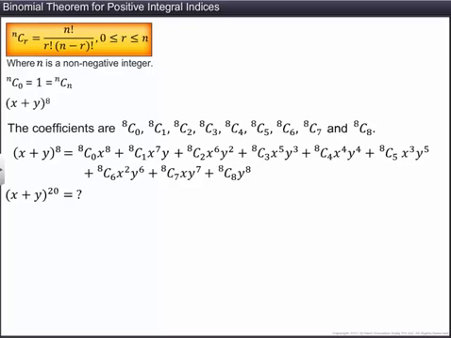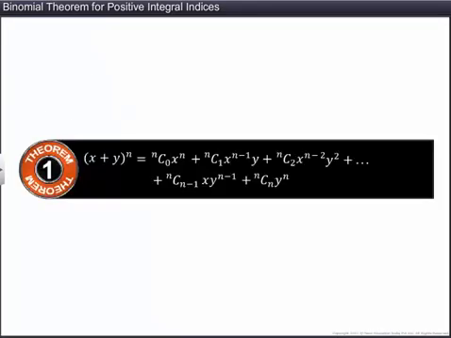Let us now learn a general method to find the expansion of a binomial with the index n. The method is known as the binomial theorem. Let us now learn the binomial theorem for positive integral index. The theorem states that (x + y) whole raised to the power of n is equal to nC0 x raised to the power n,